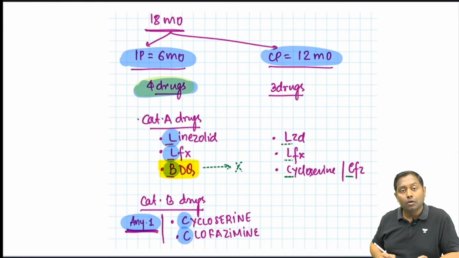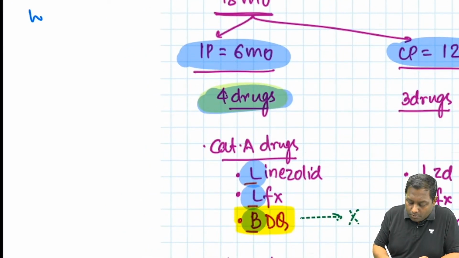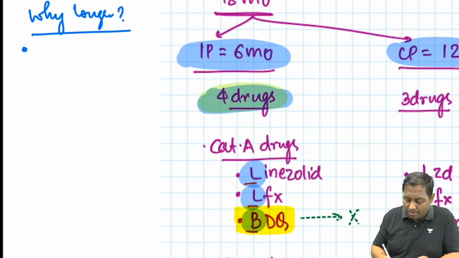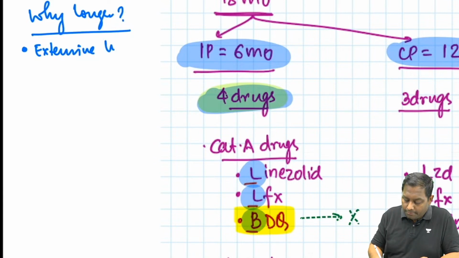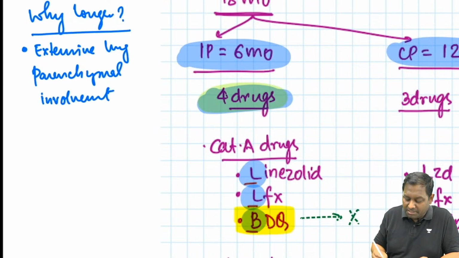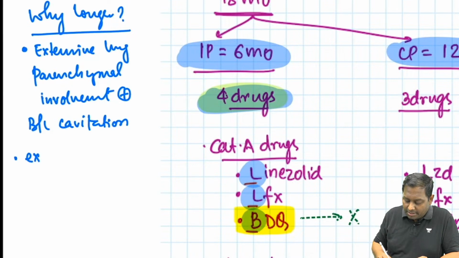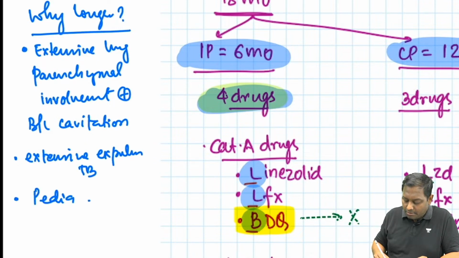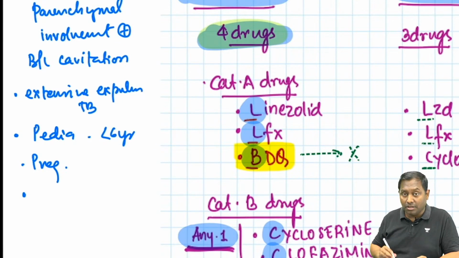Now, who are the candidates? Those who are going to receive the longer regimen? If we already have the shorter, why longer? So, for all the patients with extensive lung parenchyma involvement, we can utilize this one, specifically for XDR, and lung parenchyma involvement, like a patient with bilateral cavitation, extensive extrapulmonary TB, a pediatric population less than 6 years, and in pregnant females as well, we can use it. And the most important here, if someone has taken the treatment for more than